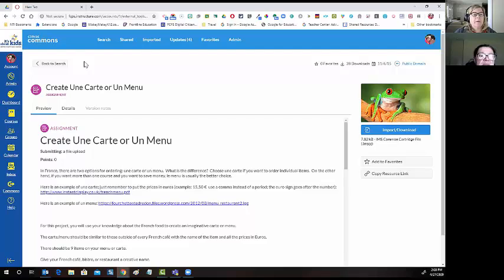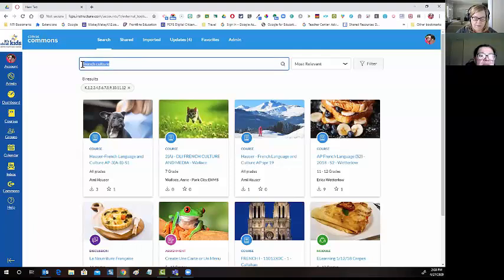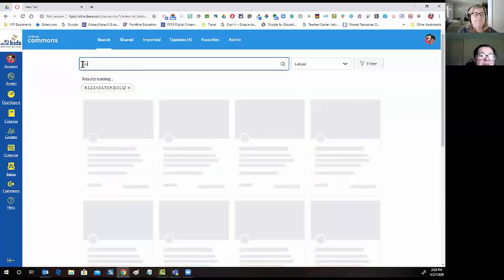I'm going to scroll back up to the top, and you may notice the button here. It says back to search. So let's do another search. One of the things I was going to do